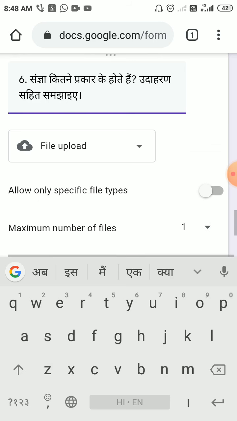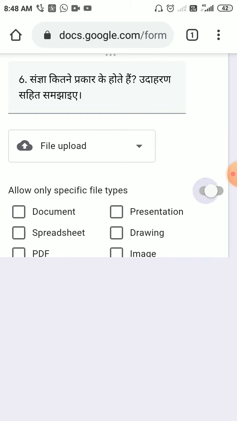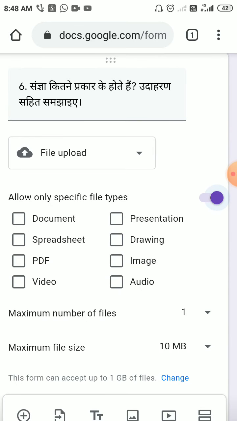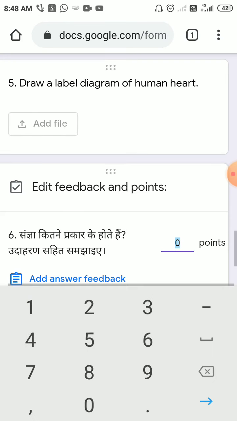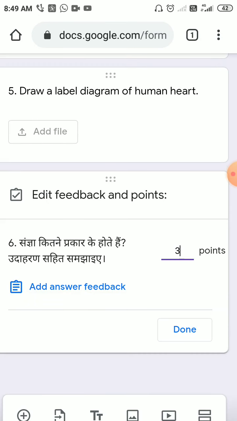So once it is file upload, allow only specific file types, so enable it. Again you need to click this image button. Maximum number of files 1, maximum file size 10 MB, and make it required if you want to make it required, otherwise let it be optional. If you click this answer key, blue box again, I want to give 3 marks for this question, right, and then click the done button.